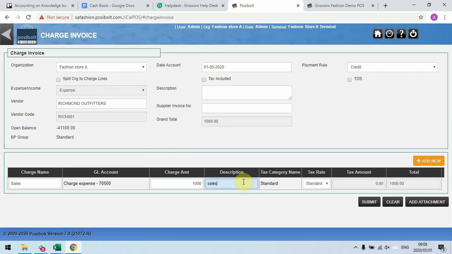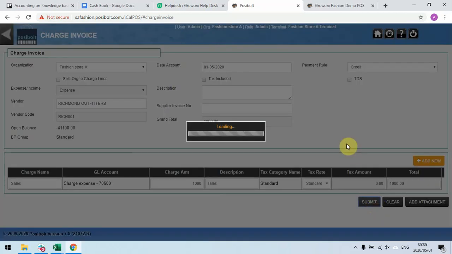I'll put in sales, and then the tax rate you can choose standard or zero, and then click submit,